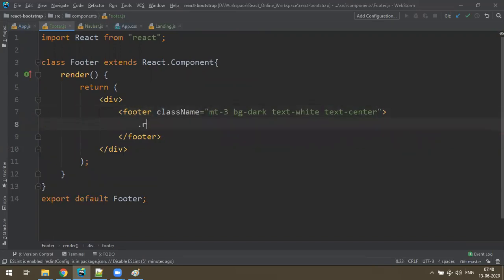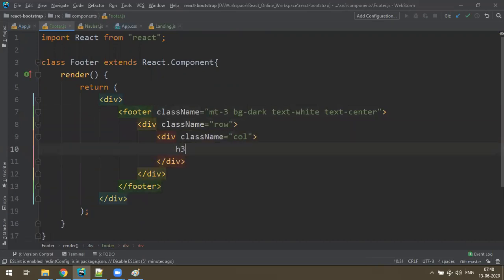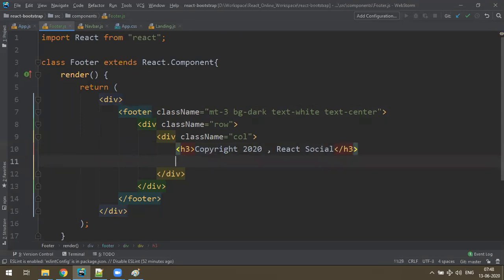Inside, one row and one single column. Let's make some H3: Copyright 2020, React social, and let's make some paragraph.